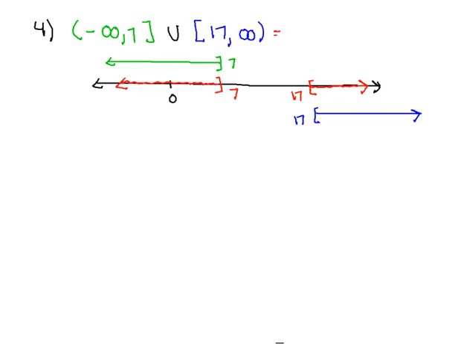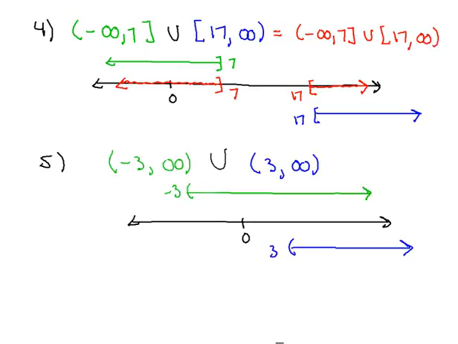So what we can write then would be -infinity to 7, union with then 17 to infinity. Now in our final example, we have the union of the sets -3 to infinity and 3